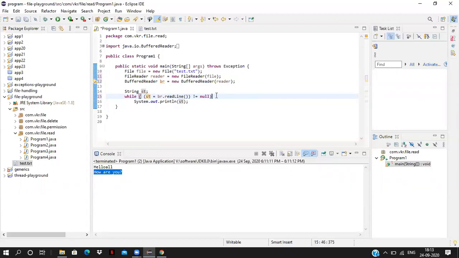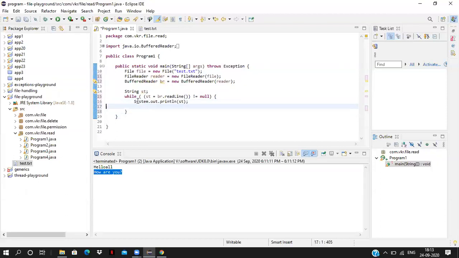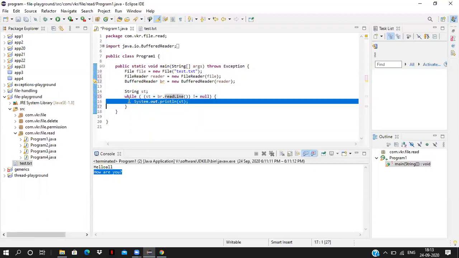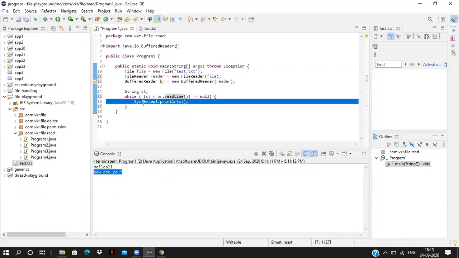After it is put into the string variable, we can print the first line value. And this is a while loop. Since it is a while loop, it will read each and every line until readLine returns null. If there is nothing left in the file, the loop will exit there.